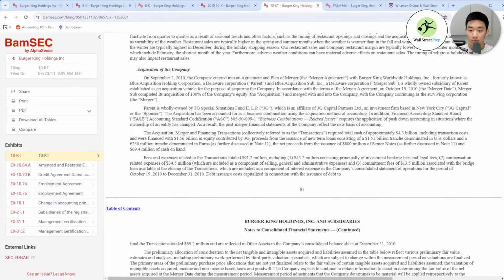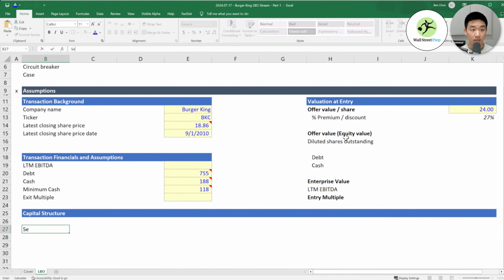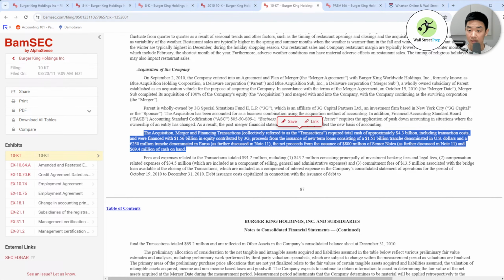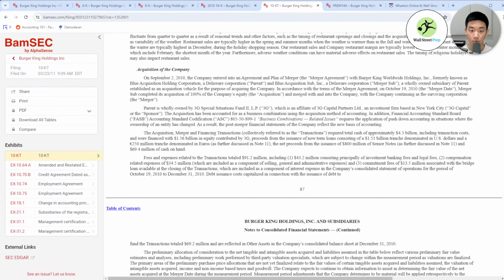So to build this out, we're going to need to write down what these are. So secured term loan, there's a USD tranche, and then the secured term loan, the euro tranche, and then there's senior notes. Right, that's what they have here. And then 1.56 billion equity, we need that later. This number we're going to try to back into basically.